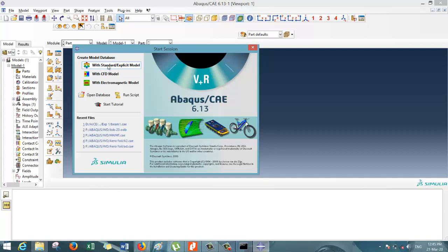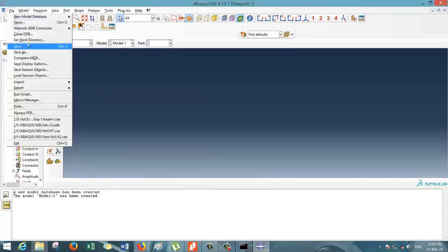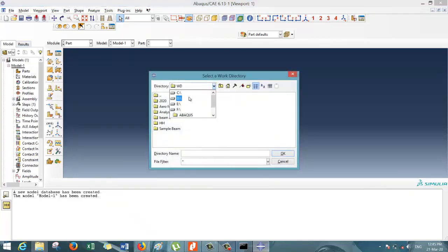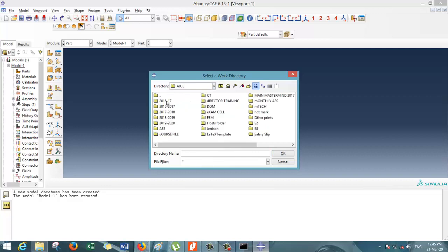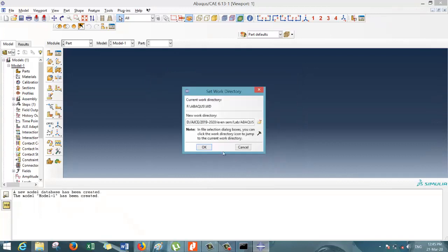Here you have to select the standard explicit model. First we have to set the work directory. So I am selecting the experiment 2 as my work directory.